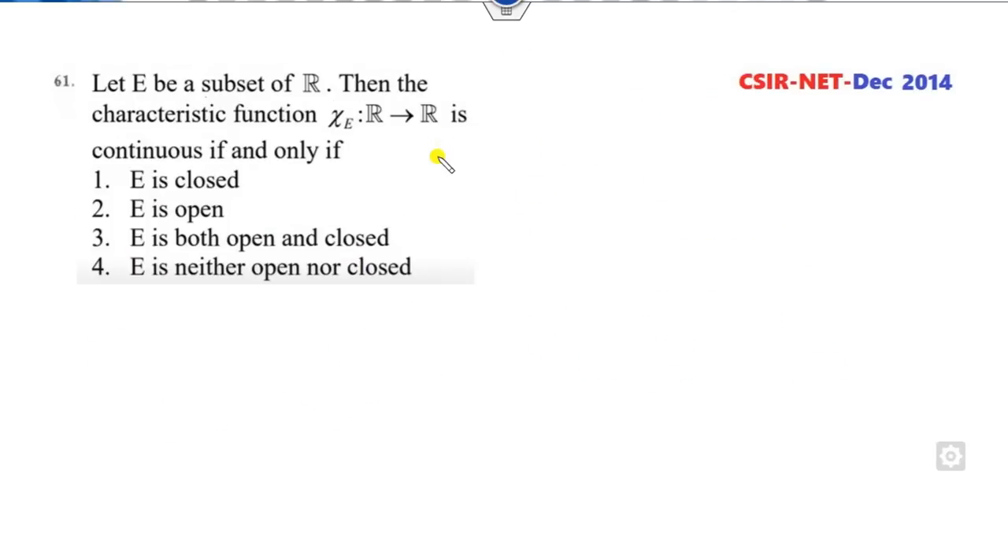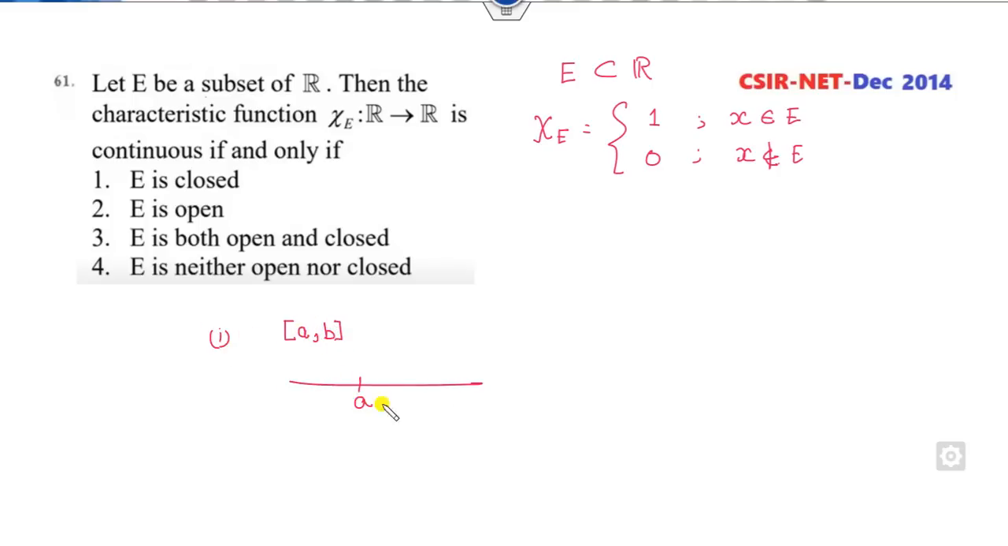Okay, look at that. E is a subset of R. The characteristic function of E, how do you define that? It's 1 if x belongs to E, and 0 if x does not belong to E, fine. E is closed, E is open, and so on. So let's say E is closed, so whenever x is in E, it is 1, otherwise 0, fine. Then this will be continuous